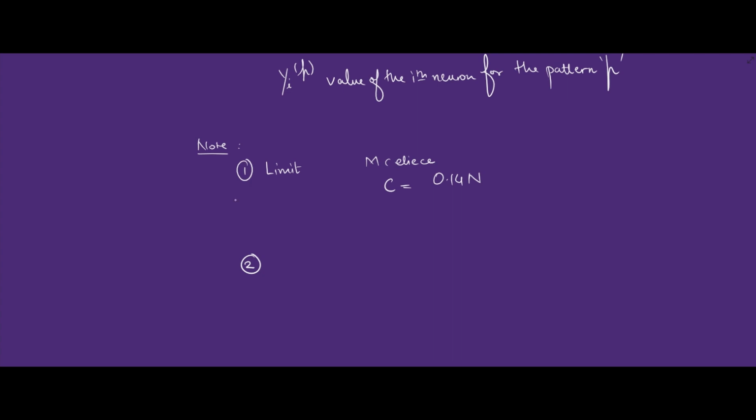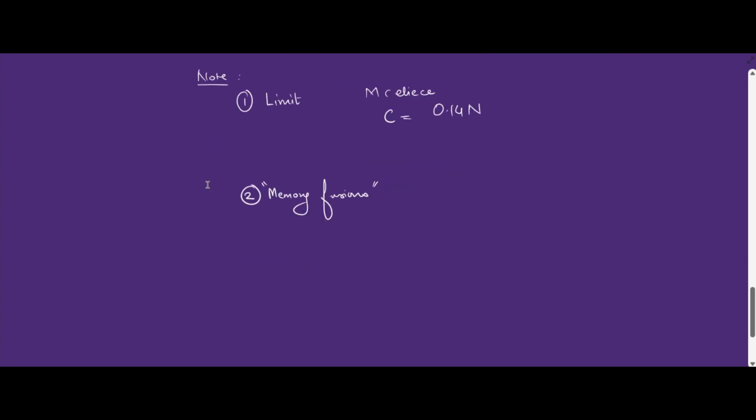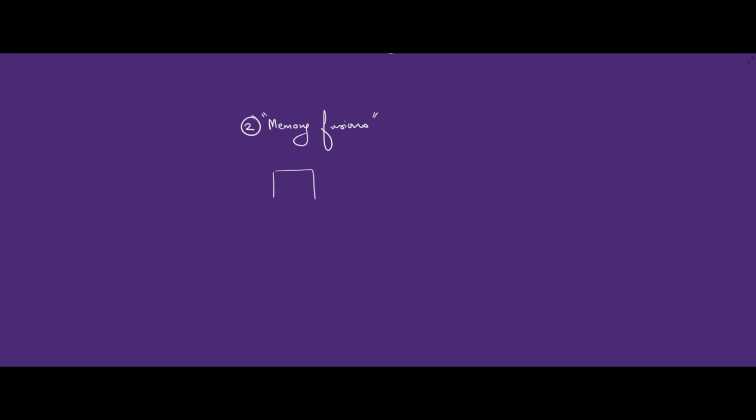The other thing that should be noted is that there can be memory fusions in Hopfield networks if we are storing more than one pattern. So there can be memory fusions when more than one pattern is memorized. What I mean by memory fusion is that when recalling, the emergent stable pattern would be a fusion of two stable patterns. It can happen if I give some q. I'm not saying which q, but the stable pattern could be a superposition of these two patterns that are stored inside